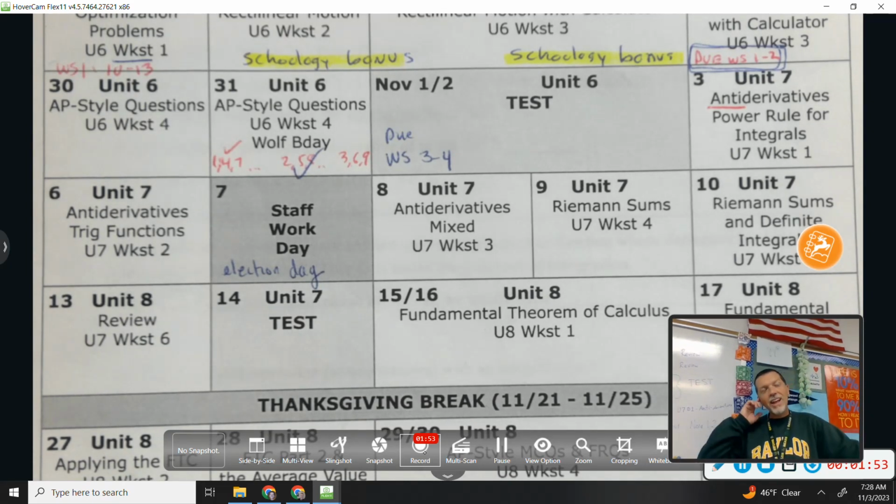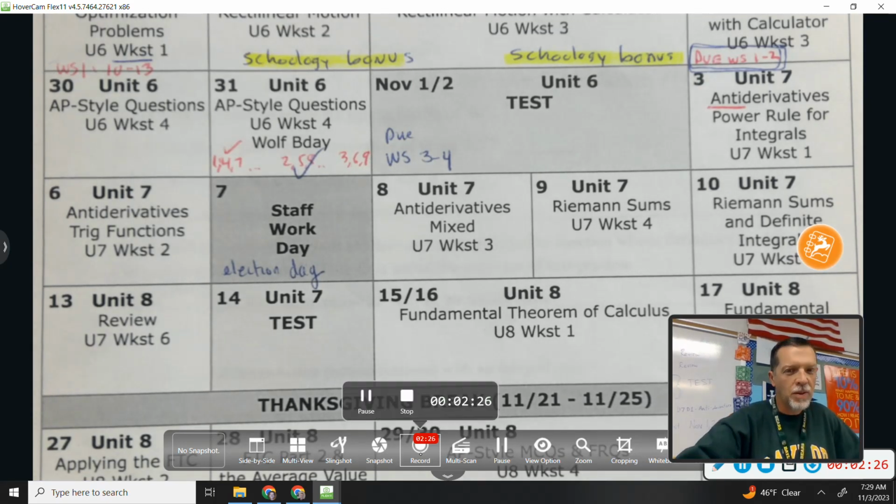On the other side of that, if you're good at taking derivatives, if you feel like you're pretty good at knowing the rules, then going backwards is not a big deal. You still need to slow down a little bit, but you'll be fine. If you don't know how to drive forward, meaning if you don't know your derivative rules, then driving backwards is just going to be impossible. I don't think anyone's in that bad of a shape, but if there are rules that you struggle with, then when we hit those in reverse, it's going to be really, really hard. So the better you drive forward, the better you drive backwards, but go slow and be careful.